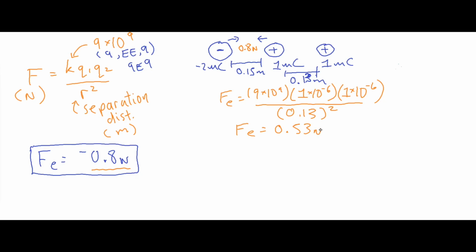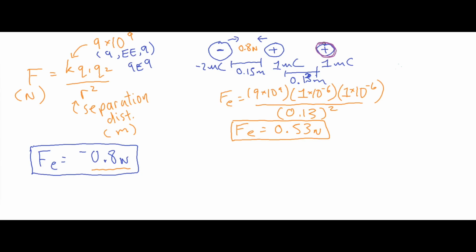0.53 newtons. Okay, now comparing that to my other one, obviously 0.53 is smaller than 0.8, and that's because we have a significant drop off in the charge. The other one was negative 2, and this one is 1, so it has half the charge, and the distance is a little bit closer, so that increases the force a little bit, but does not compensate for its lower Q value. Now with these ones, these two are going to repel each other, so we'll say the